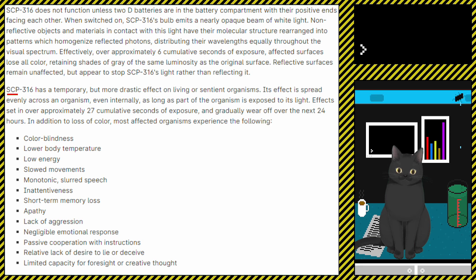SCP-316 has a temporary but more drastic effect on living or sentient organisms. Its effect is spread evenly across an organism, even internally, as long as part of the organism is exposed to its light. Effects set in over approximately 27 cumulative seconds of exposure and gradually wear off over the next 24 hours. In addition to loss of color, most affected organisms experience the following: